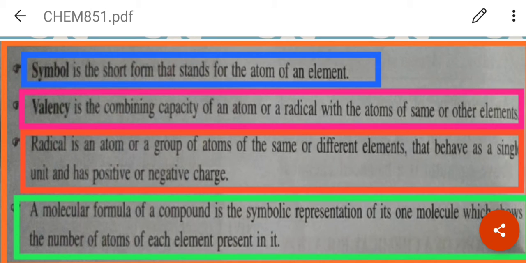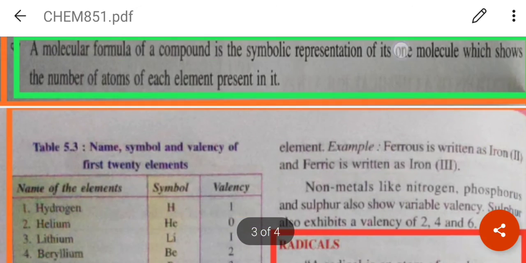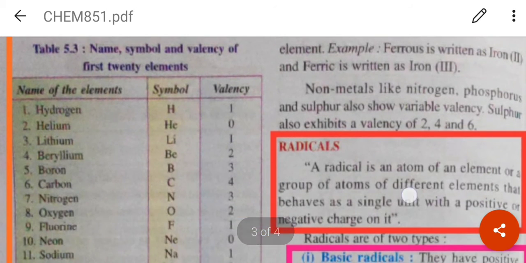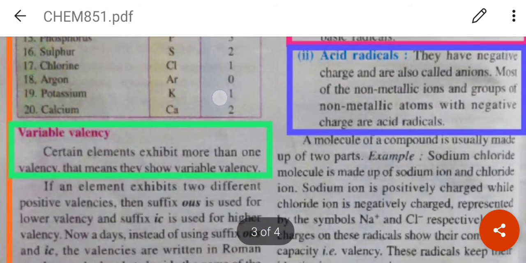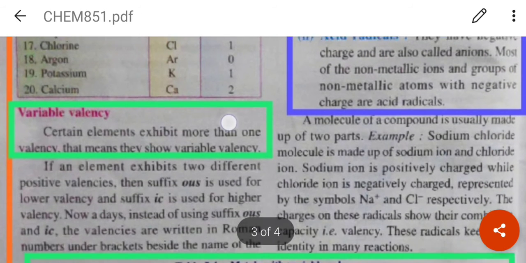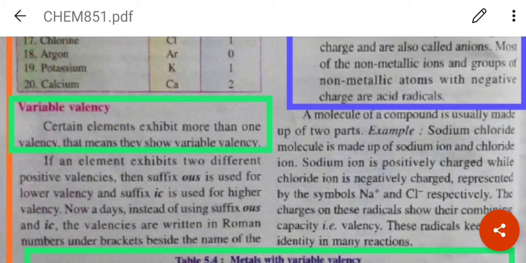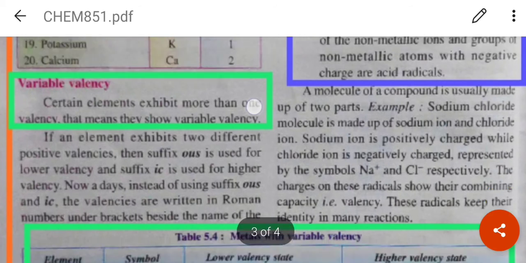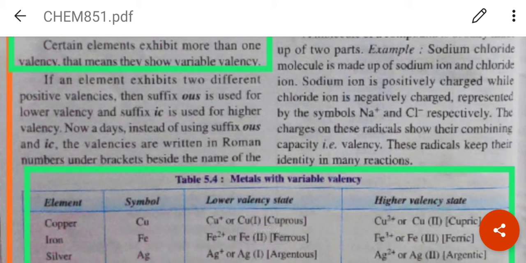Now, one carbon and 3 oxygen atoms form carbonate radical, which acts as a single unit and its charge is minus 2. And a molecular formula is the symbolic representation of one molecule which shows the number of atoms of each element present in it. Okay, so you are going to learn the table as I have already said you. Now there are certain elements which show more than one valency. Okay, so for the lower valency we use the suffix OUS, and for the higher valency we use the suffix